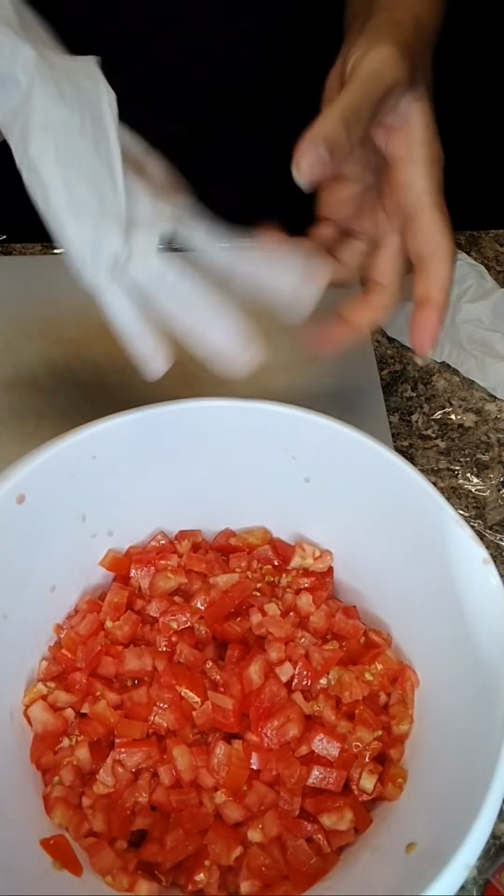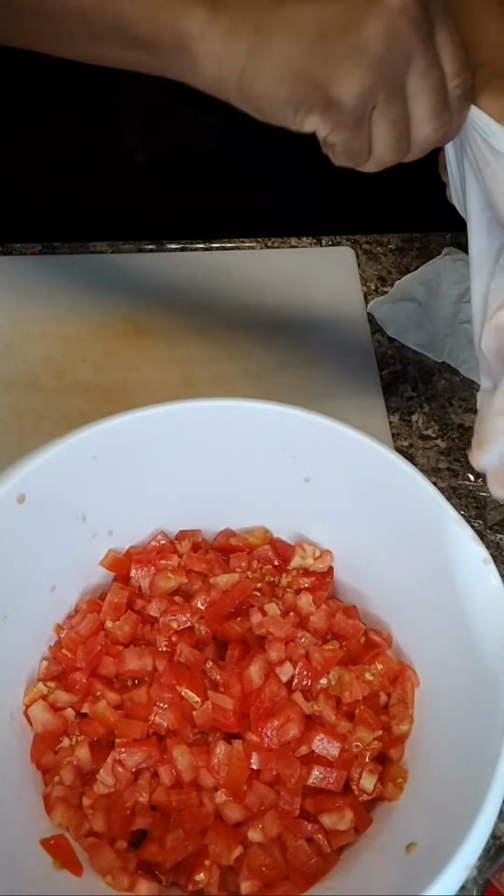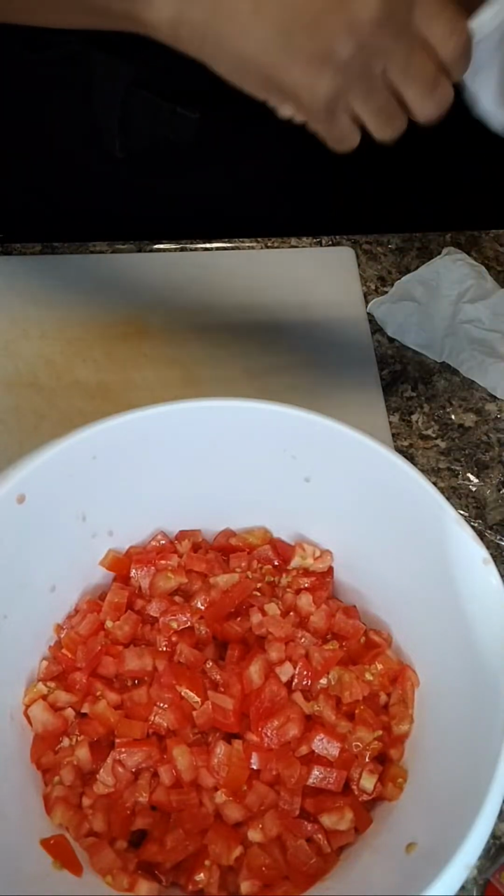Hopefully y'all can still see the bowl. Once I complete the pico and I start prepping the,